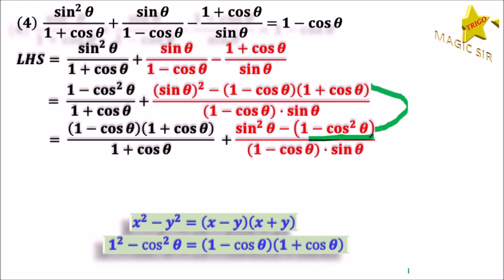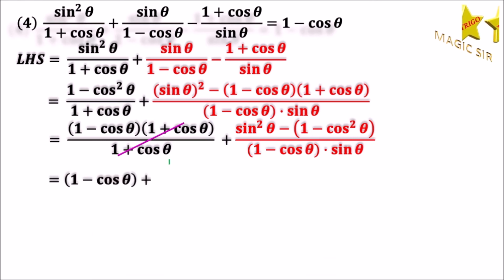The denominator remains as it is. The factor 1 plus cos theta cancels out from the first fraction. So the LHS is equal to 1 minus cos theta plus sin square theta